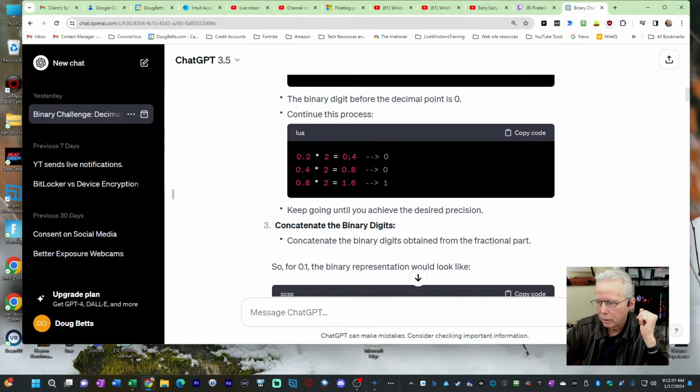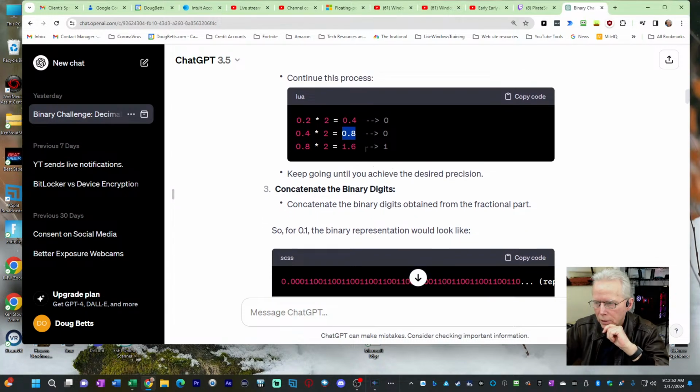So your next binary digit is 0. Then you take the rest of that number, which is 0.4, and you multiply it by 2, which is 0.8. Now, since that has a 0 on the left side of the decimal point, your next binary digit is 0. Then you take that 0.8 and multiply it by 2. That gives you 1.6. So your next binary digit is 1.